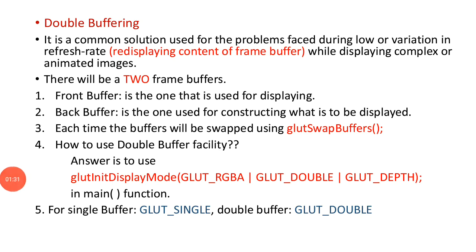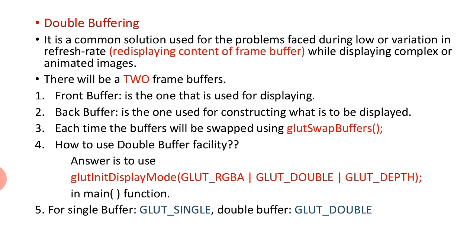such kind of animated images, like for example, you might have come across many programs in the lab also. For example, we have written a program for rotating the triangle, rotation of the color cube. All these images that you are going to create are not static images. They are going to rotate, which means every time the coordinate values of those objects will be getting changed. That's very important over here.